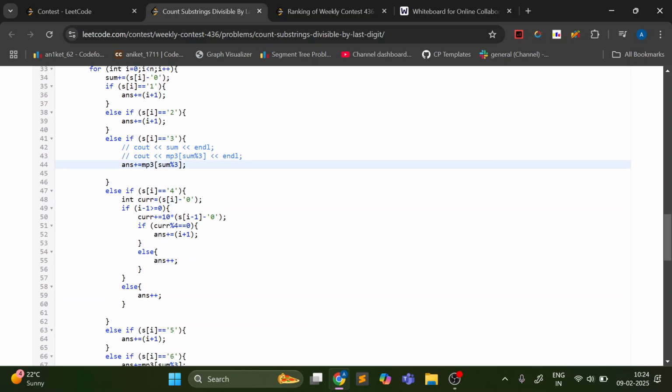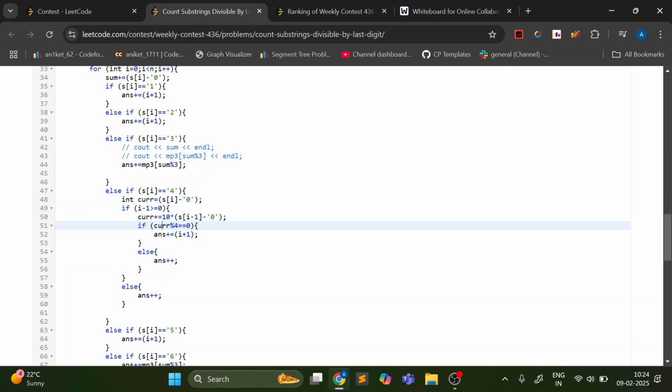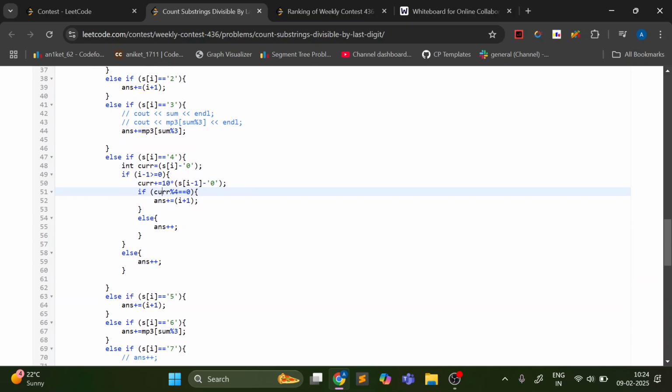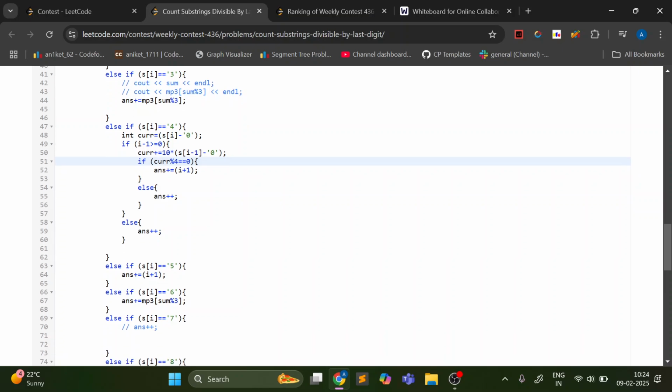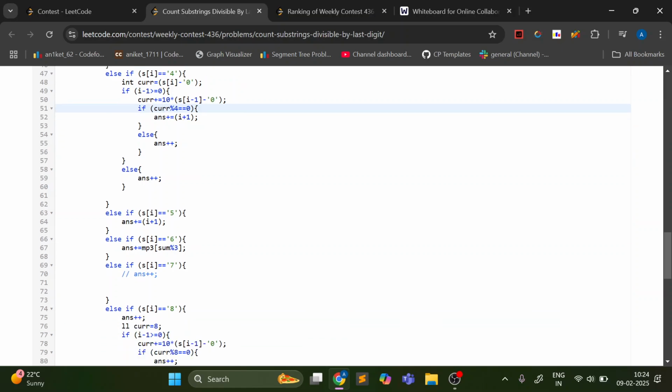If s of i equal to 4, then take the last two digits. If its mod 4 is 0, answer all the substrings, else answer plus plus only the last digit. Now if the ith element is first in index itself, then the answer would increase by only 1. Now if s of i is equal to 5, all the substrings. If s of i is 6,